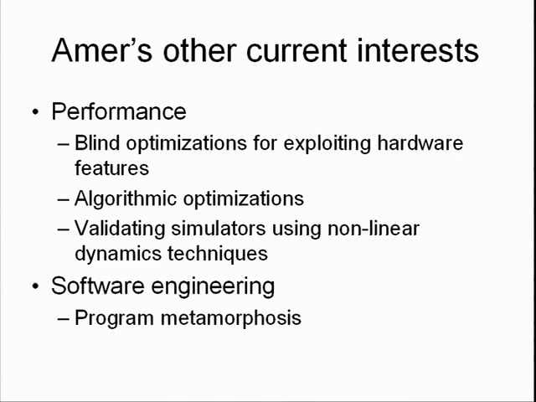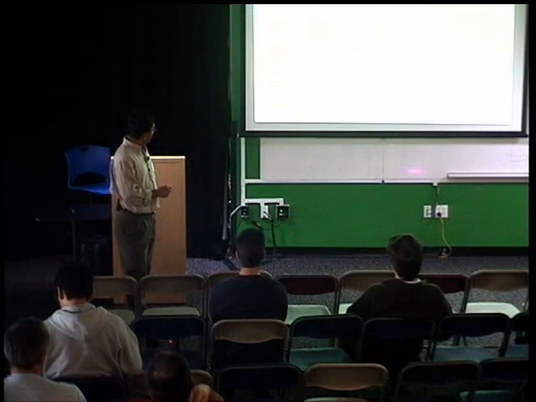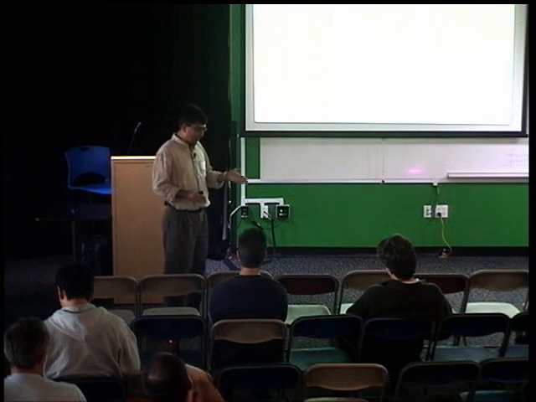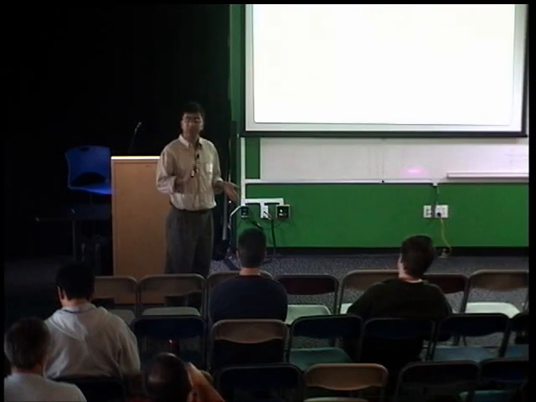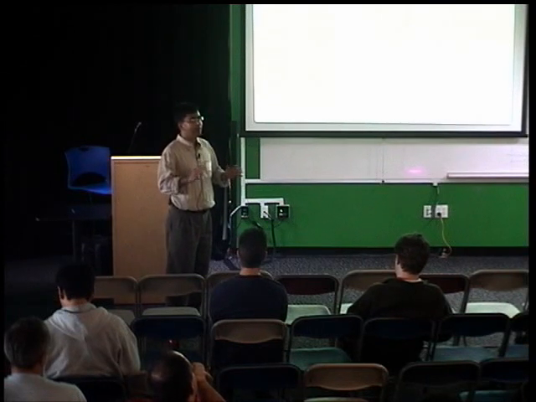Now, I will conclude with an enumeration of some of the other things that I work on, in case anybody has interest in talking to me about that. I have a number of projects that have to do with optimizations. There's blind optimizations, where you're trying to optimize things without actually understanding what the microprocessor does, for exploiting hardware features. There's a project on algorithmic optimizations where we use both. There's actually two systems, one a compile time system and one a runtime system, for finding opportunities to improve performance